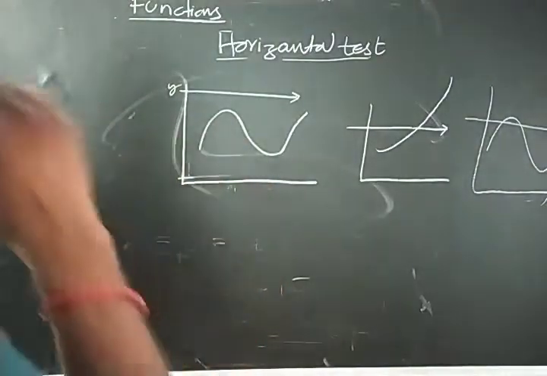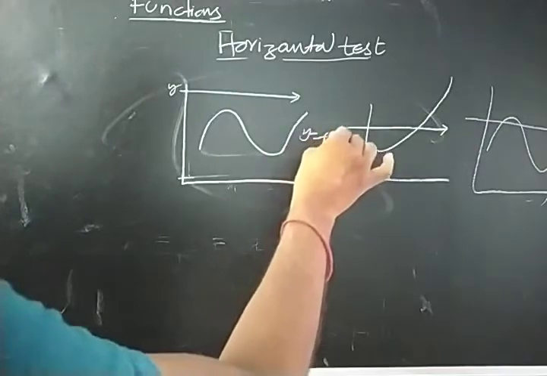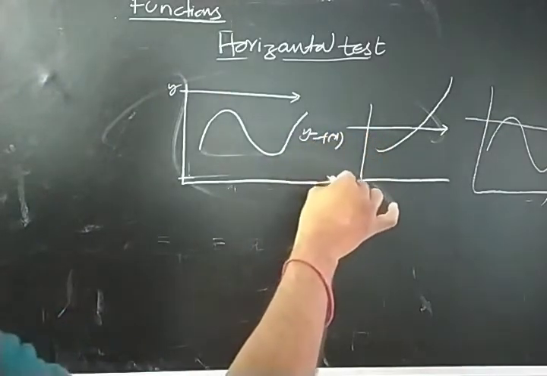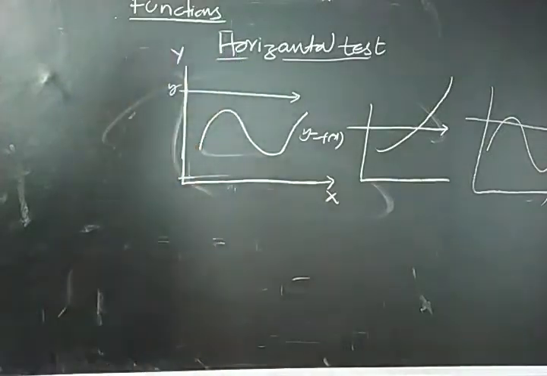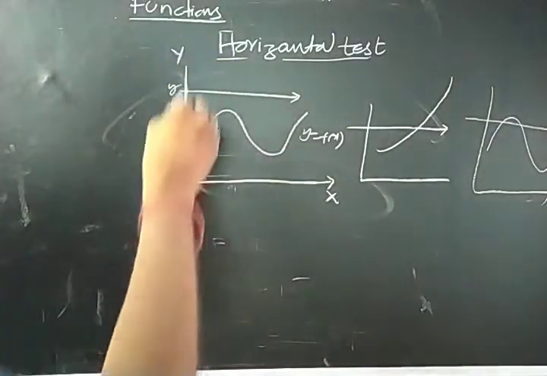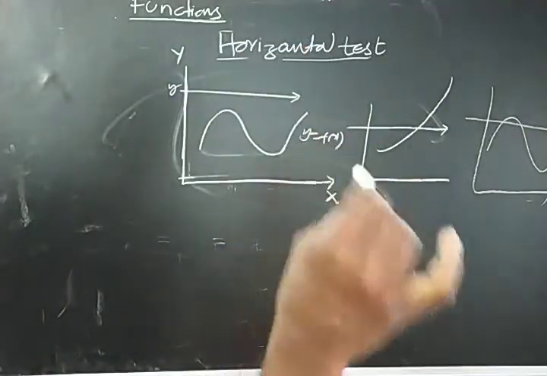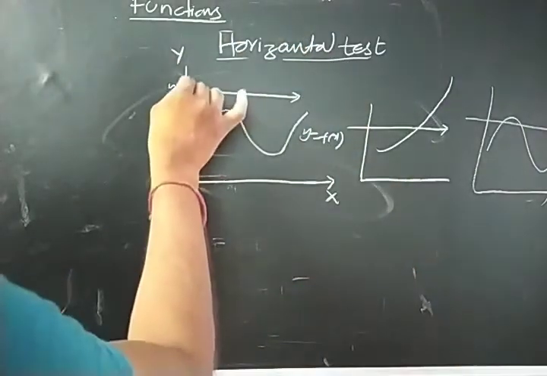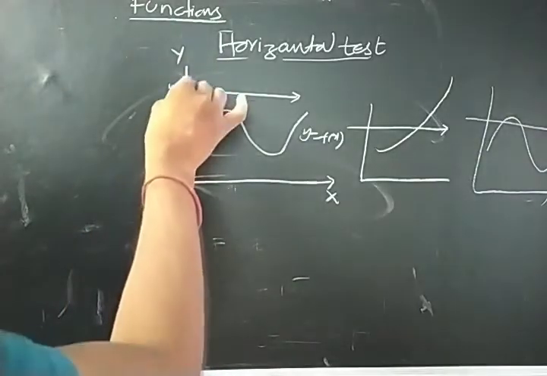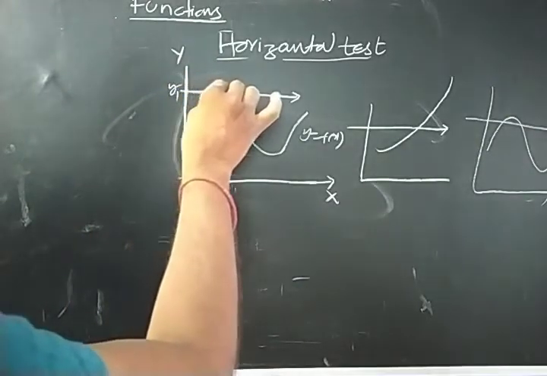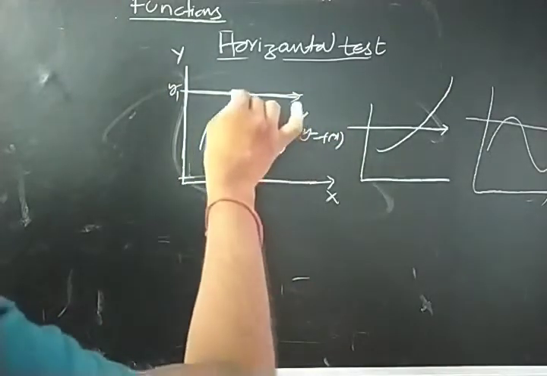So for that, what we have to do? Suppose y equal to f of x is the given curve, and we know every domain element is taken on the x-axis, and codomain elements are taken on the y-axis. So for a codomain element, what is the meaning of onto? Every codomain element should have a pre-image. So I am taking some codomain element here, y1. Through that point, if you draw the horizontal line, it will meet the curve. It will meet the curve, then only it will be onto.